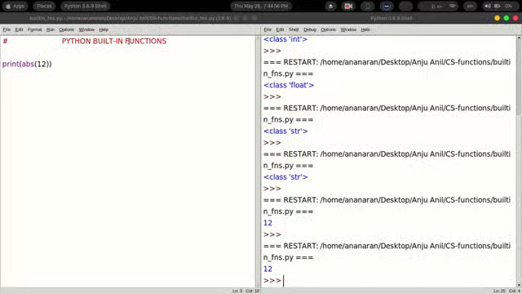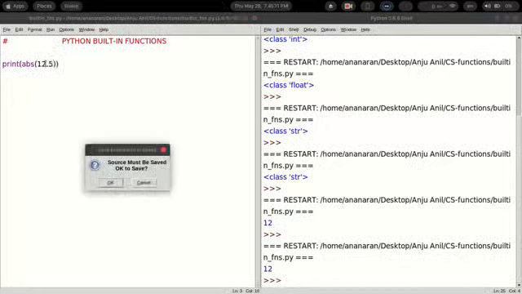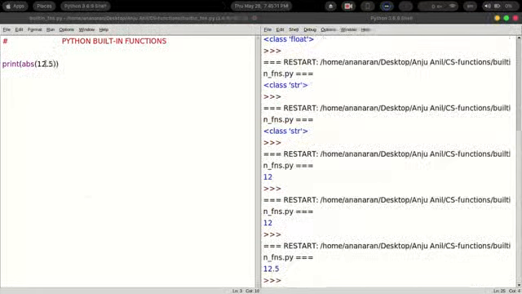And if instead of 12 you use a floating point value, for example 12.5, you will get the output as 12.5 itself. That means it is accepting both negative and positive values, as well as integer or floating point values.